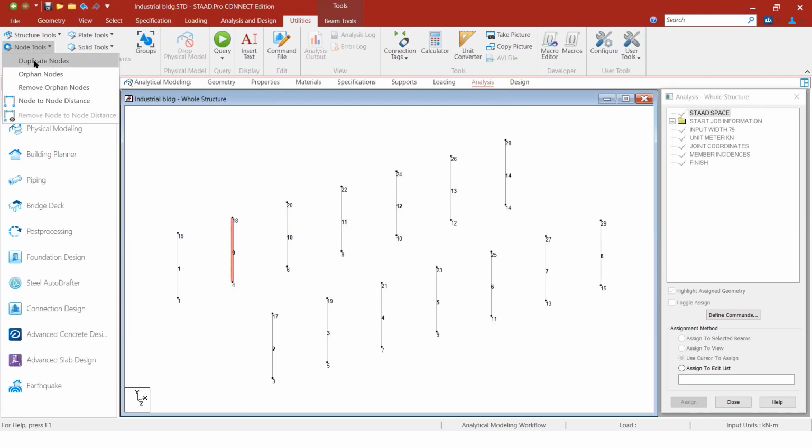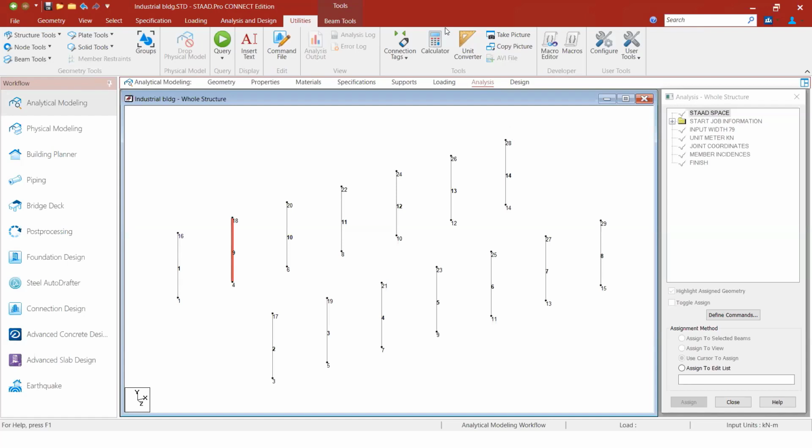On clicking on the duplicate nodes, the system will check whether you have created a single node or two nodes at that location. And if you have any orphan nodes, which are not used in the model and were created somewhere when you are creating a huge model, then you can identify those orphan nodes and delete them. The same way, if any duplicate beams are created, or if there is any overlapping not done properly, or it is not intersected, then the load will not get properly distributed. So in that case, you can go with these check options and verify whether it is done properly.